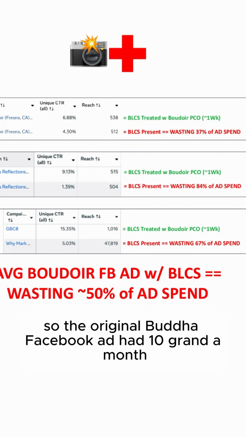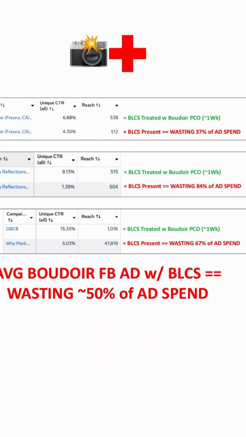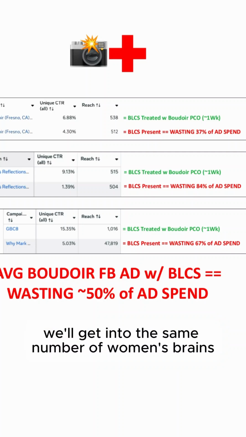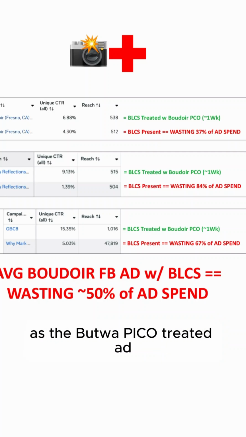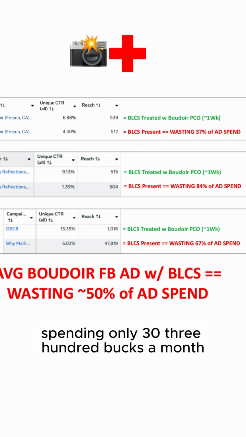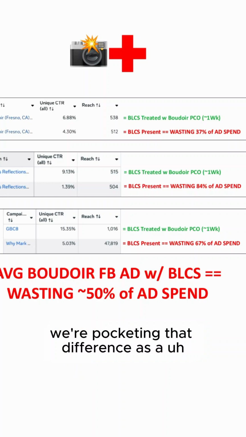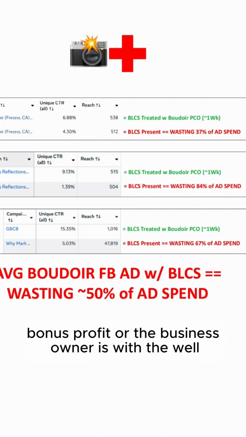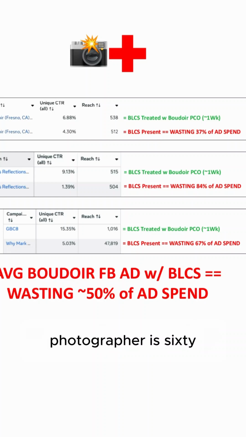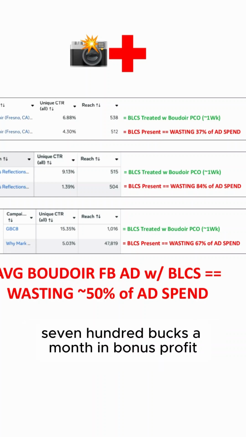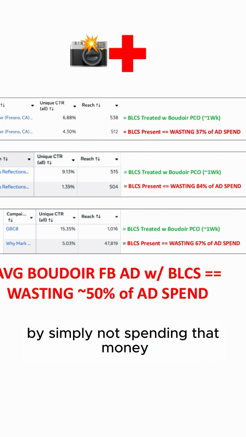So the original Boudoir Facebook ad was spending 10 grand a month. We'll get the same number of women's brands as the Boudoir Pico treated ad, spending only 3,300 bucks a month. So that whole difference, we're pocketing as bonus profit, or the business owner is, the boudoir photographer is,